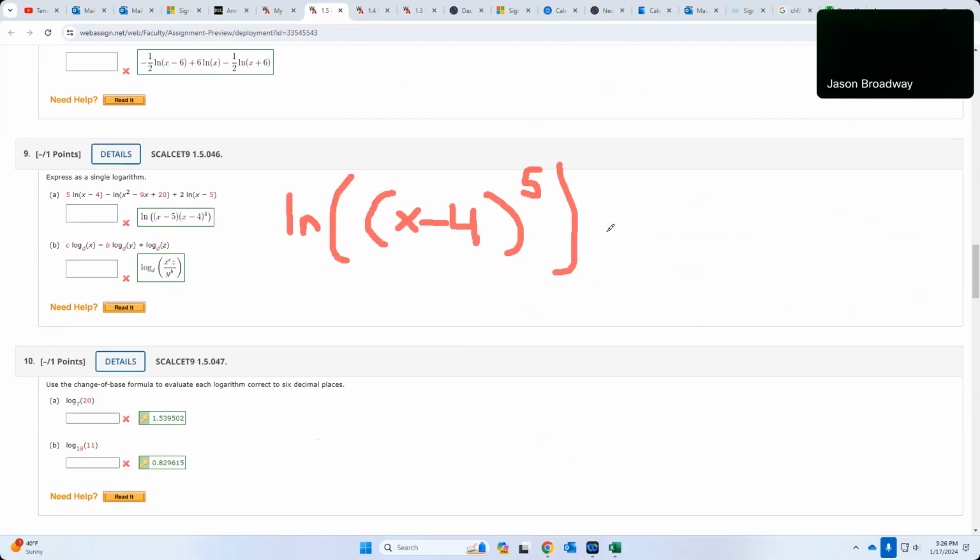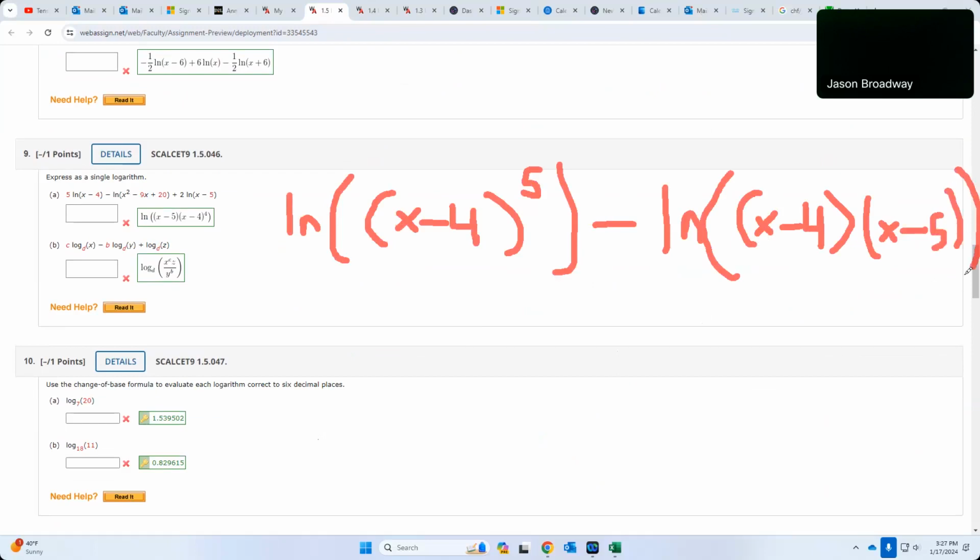Oh, maybe not. Let me go ahead and dig it out. What are we minusing? Minus the natural log. Now this can be factored as x minus 4, x minus 5 inside the log right here. Close and another close. Now this guy right here plus the natural log of, now that square,